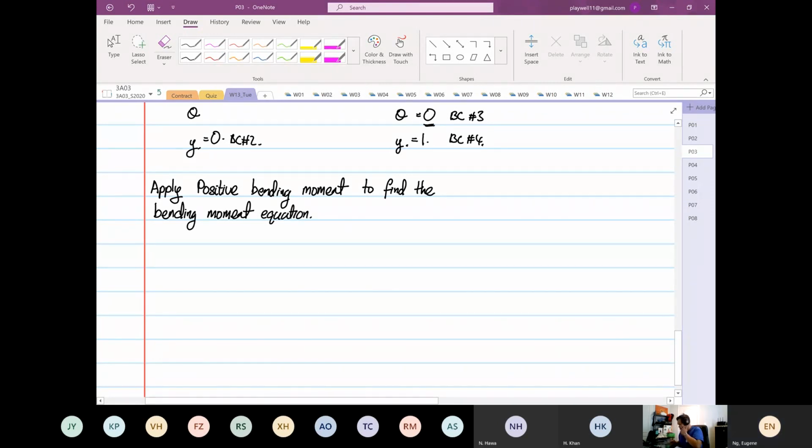Okay. I'm not interested in the shear force because I don't need to form the shear force equation. Once you have the bending moment equation, we're going to use what? The elastic curve already. That's why I'm skipping the shear force equation. So we're going to form a bending moment equation, using from A,